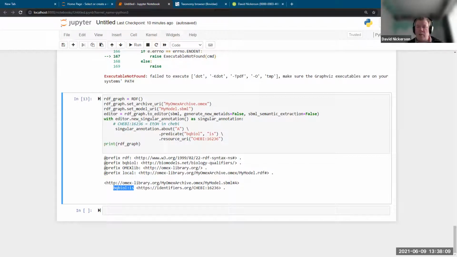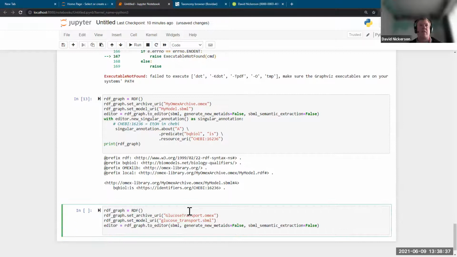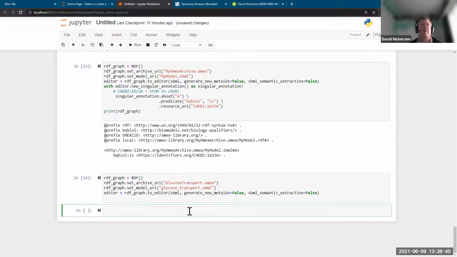Okay, so but then the real power, and I'll really speed through this, with the library is we want to make more detailed statements about things in our model. So we want to use what we call composite annotations, where we want to make an annotation that is essentially stating many things about a particular model. So now, the basic one of those,